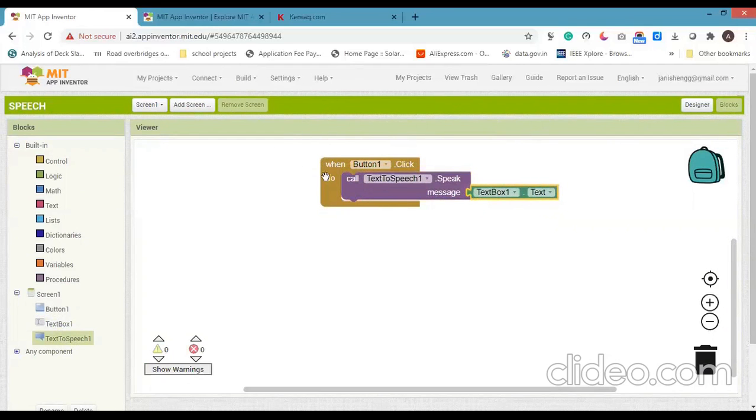When you click the button, you are giving some text, water, that will come here. That will convert into speech. After completing the programming, you have to compile the program. For that, build app, QR code,